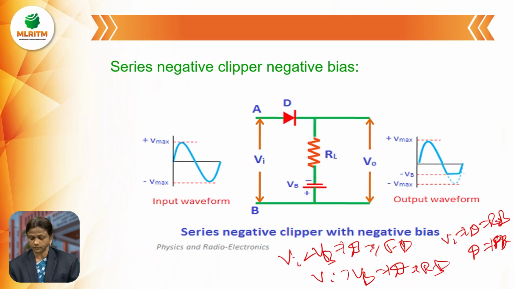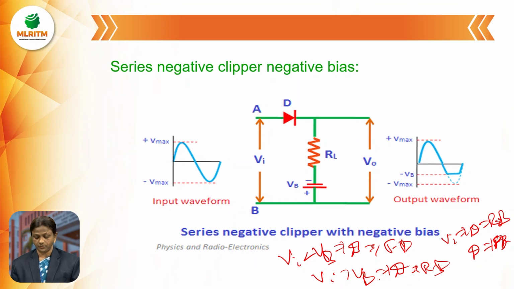So this is nothing but the reference voltage or biasing voltage line. When VA is less than VB, from the x-axis up to the VB line, diode D is in forward bias. When diode D is in forward bias, we can get the corresponding output. That's why, from the x-axis to this reference voltage line, during the negative half cycle, we can get the corresponding output. That's why that portion is represented by a thick line.